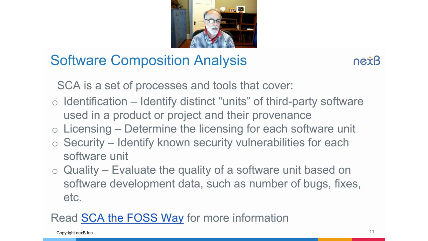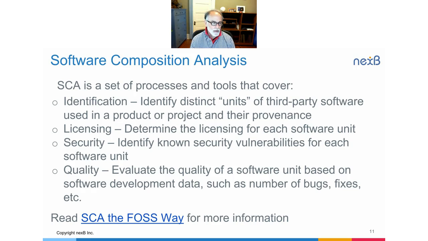suboptimal at best. And then in parallel, below identification, you need to know the licensing, because there are risks associated with the licenses. Most open source software is under permissive licenses, as it has minimal requirements, but you need to know that affirmatively. If a unit of software does not have a license, then you're not licensed to use it. There is no default that you can use it if nobody said anything else. And security, which is a completely different dimension or domain, equal at least in importance to licensing,